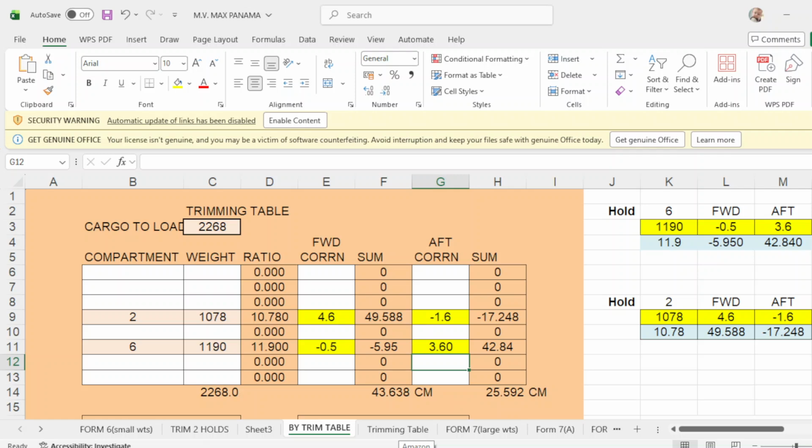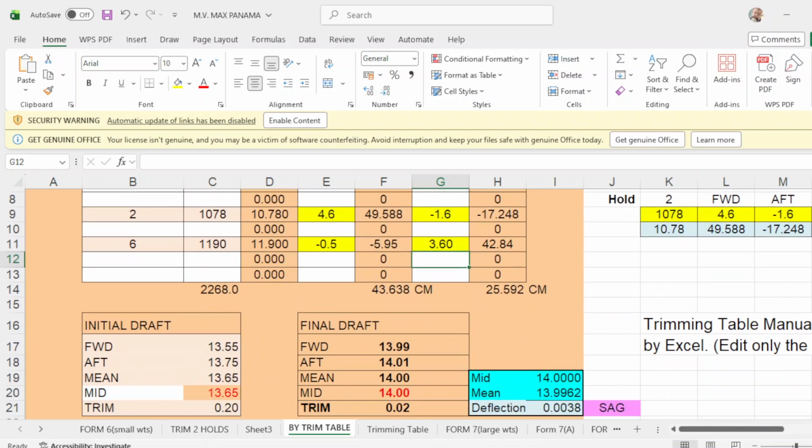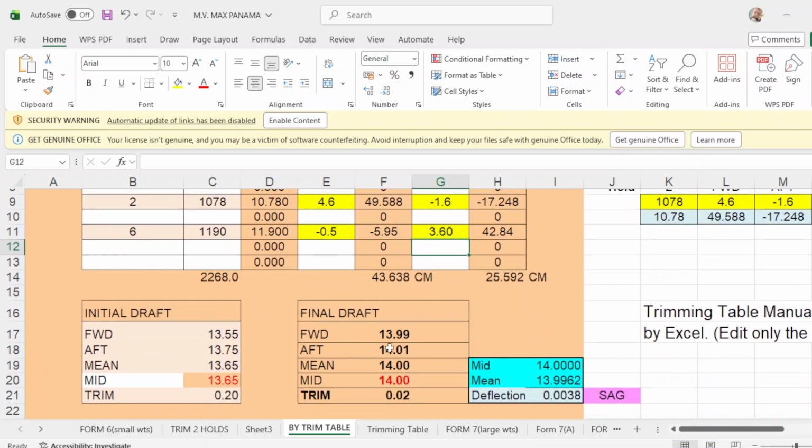This should be 3.6. If we apply the correction according to the trimming table, then take note the drop is not even keel. You have less drop forward, more drop up, and your trim is trimmed by the stern.